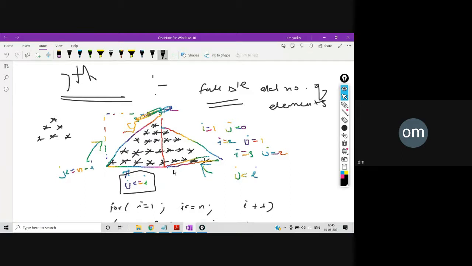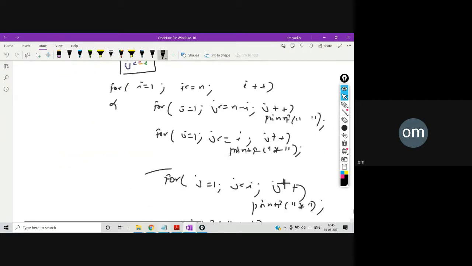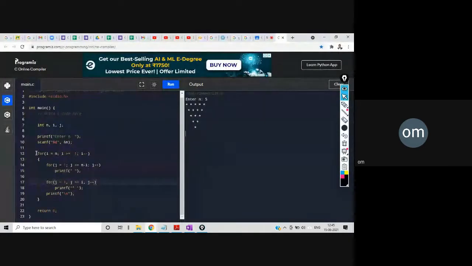We want simply the output. The output should come in this particular fashion. Logic you can apply any. So let's write this particular program and check the output. If you see here, everything is written, just I equal to 1. I'll make it straight.